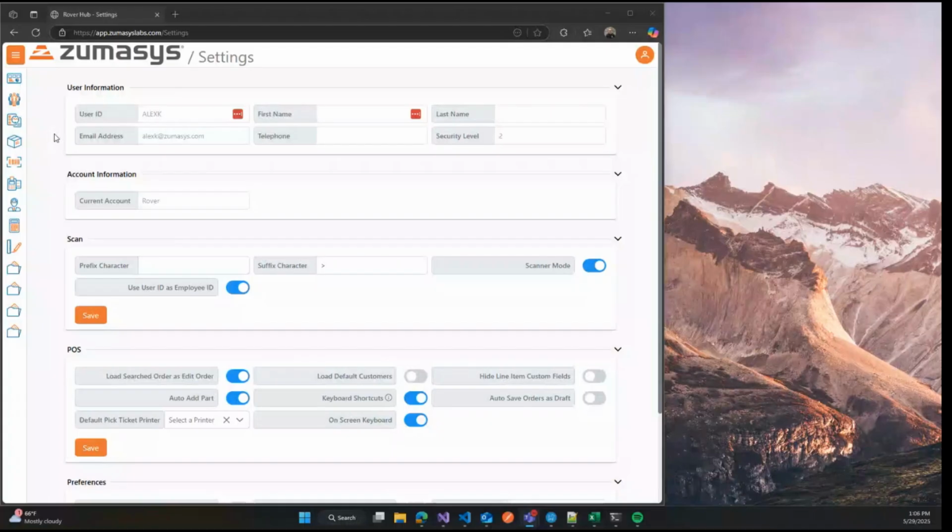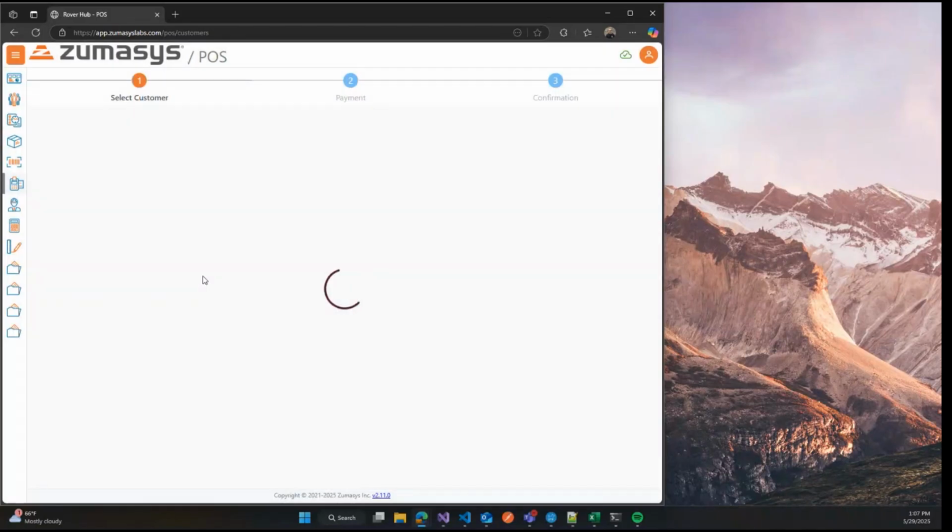All right. So first, I'm going to show something that's a little unrelated to the production scheduling. Just a feature on point of sale that we've added. You now have in your settings in web an on-screen keyboard option here. And so if you enable this and then head over to point of sale,